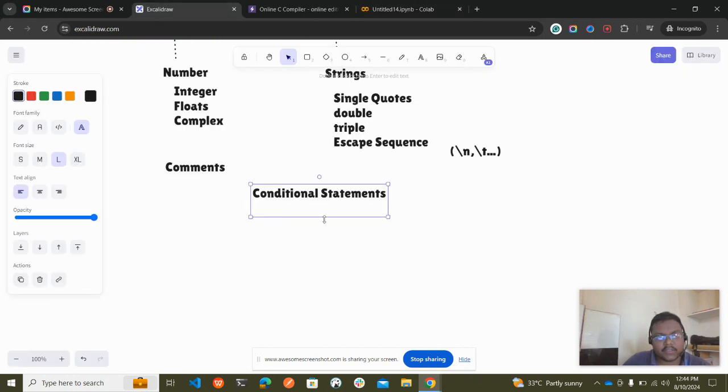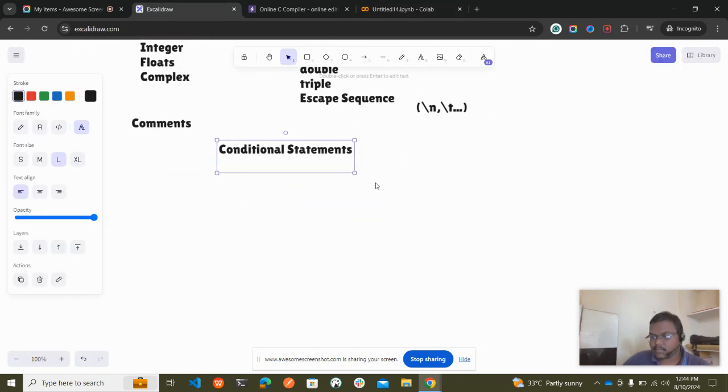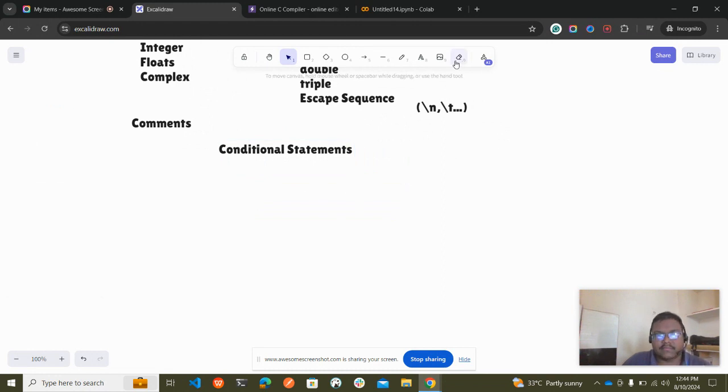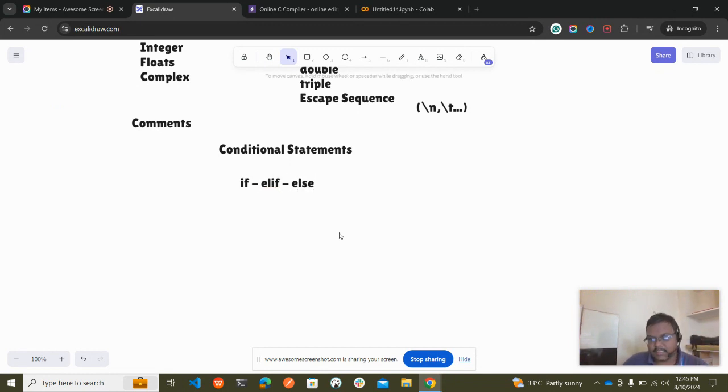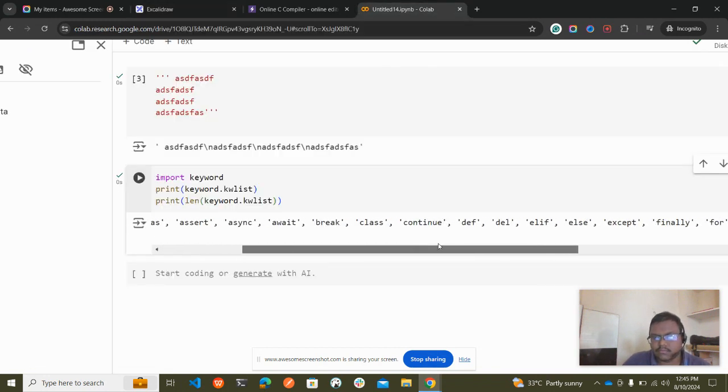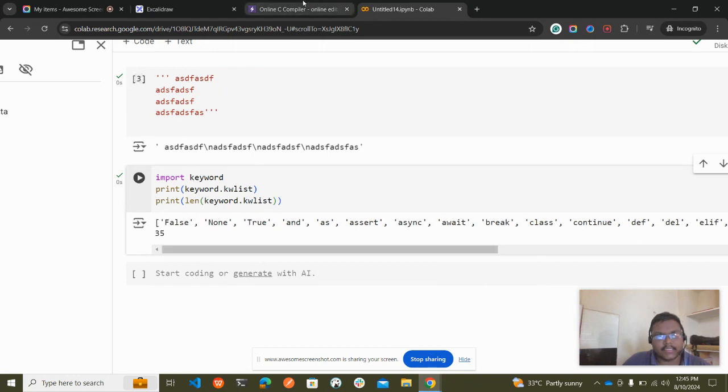Coming to these conditional statements, let me write here: if, elif, and then we have else. If, elif, and else are nothing but what we use in normal English. If this happens, you do that. Elif, you do that. Else, you do it. Done. So let us see a small program here.